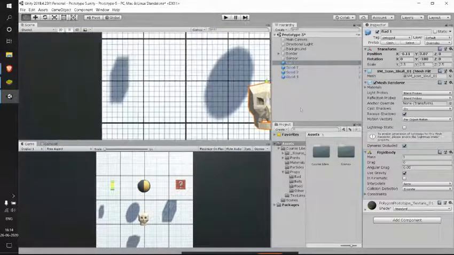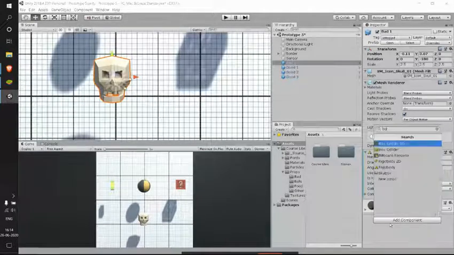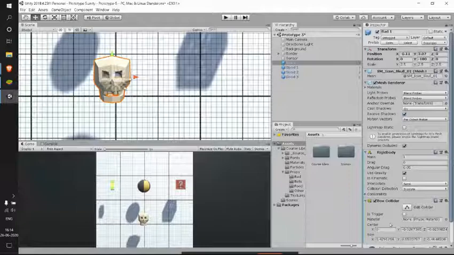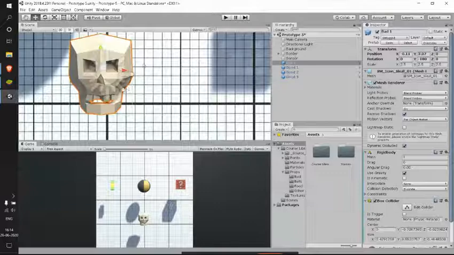So for this, I guess I can add this box collider itself. And let me check if it is okay. We can barely see this green line here. So that itself shows our collider.